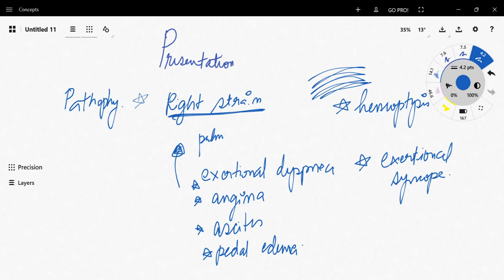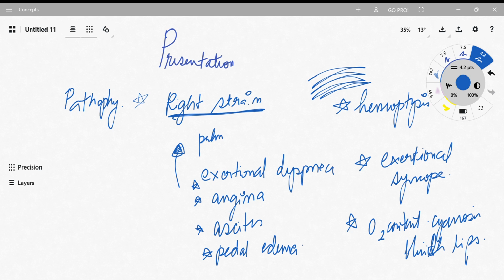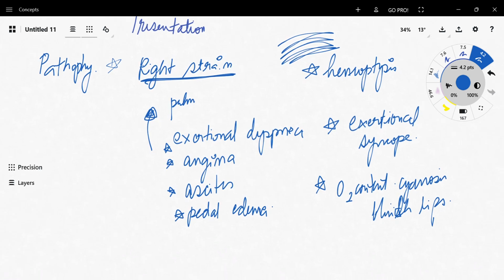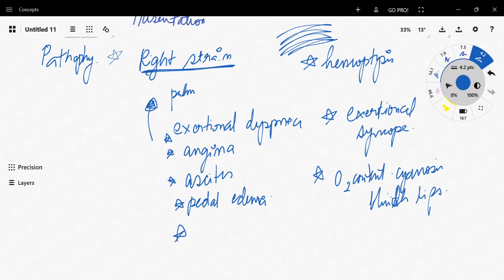Another thing is that because there is low oxygen content in the blood, they can have cyanosis, like bluish lips, because of low oxygen content in the blood. And because of the strain on the right heart, it can also present with arrhythmias, right? Now,